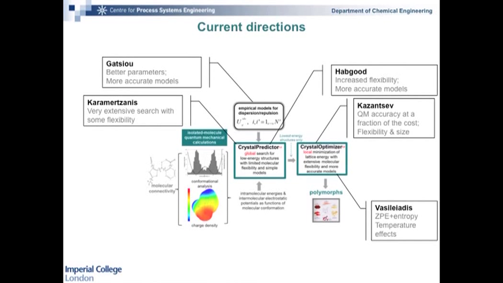And so we're working to try and increase our confidence in the calculations so that we can either eliminate structures like this or say with confidence whether they should be found experimentally. There's a lot of work that goes into this. The results that I've shown you are based on the work of Panos Karametanis and Andrei Kazantsev. And we have a team of people continuing to work on this.